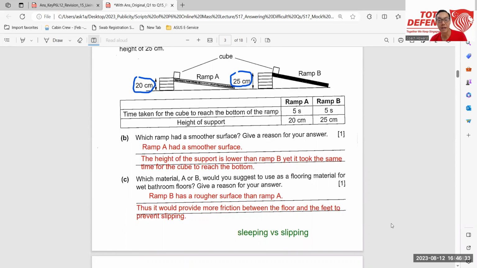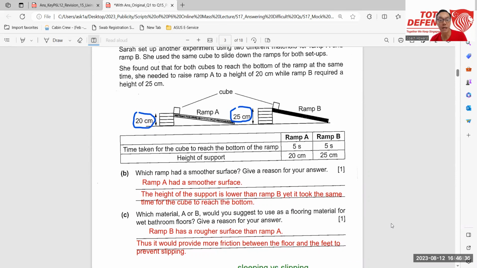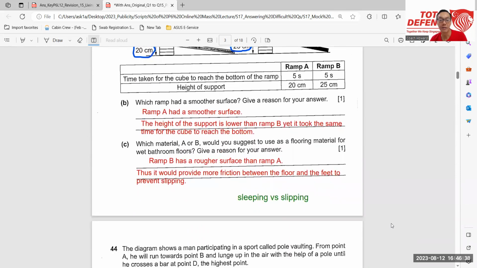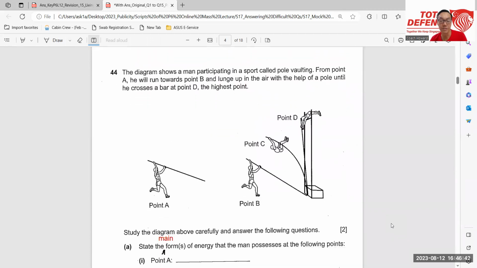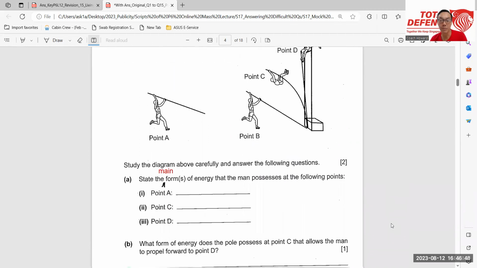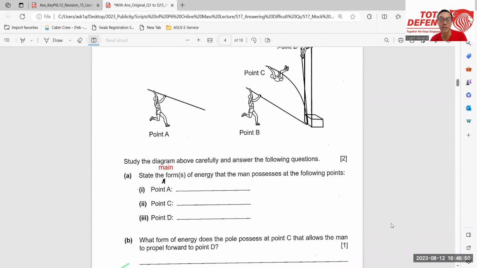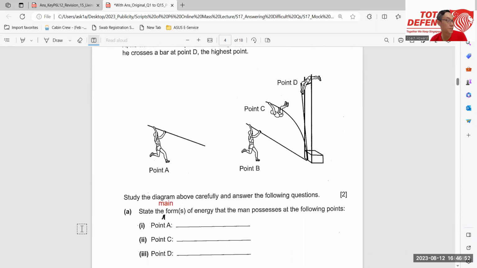Okay, so I've gone through this part, and now let's proceed with this very interesting poll vote, this event. Okay, so this question shares about, okay, after this question, I will pause for any questions to be asked. Okay, so actually I asked you for the main form of energy. So it's quite straightforward. At position A, because the man is